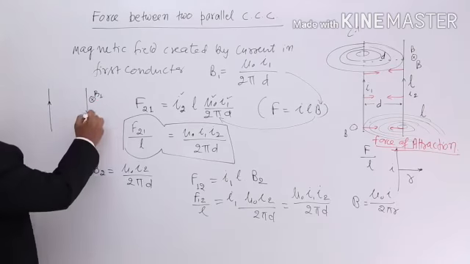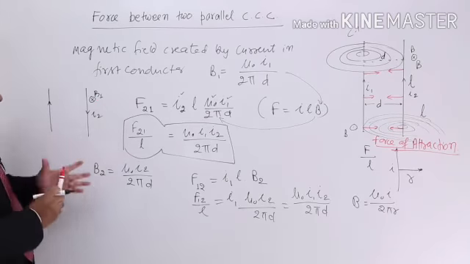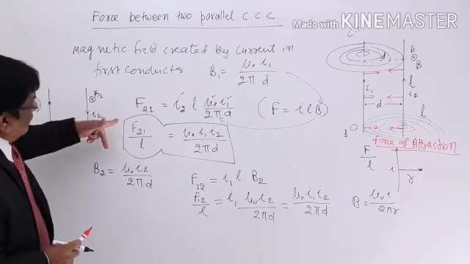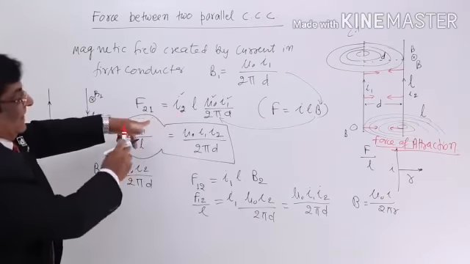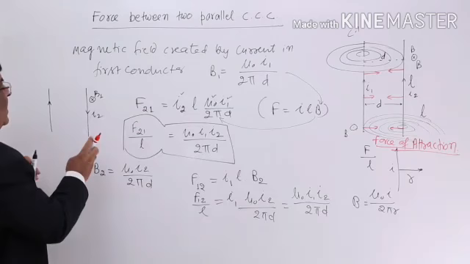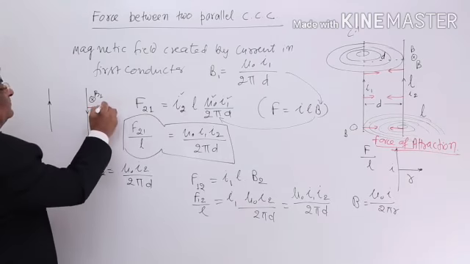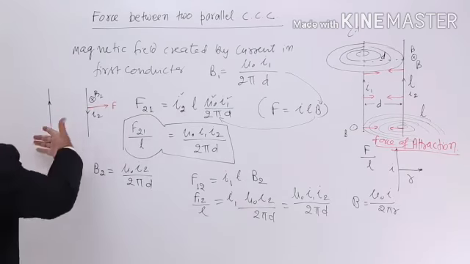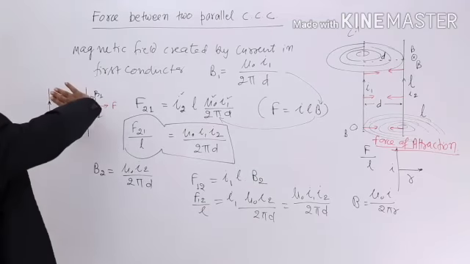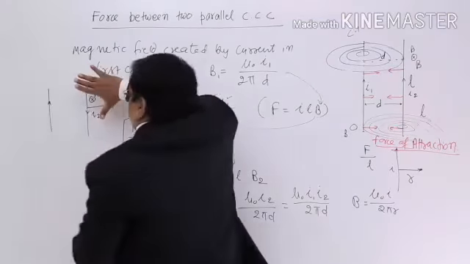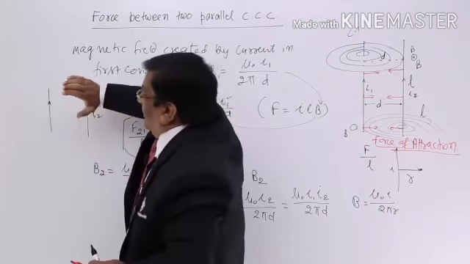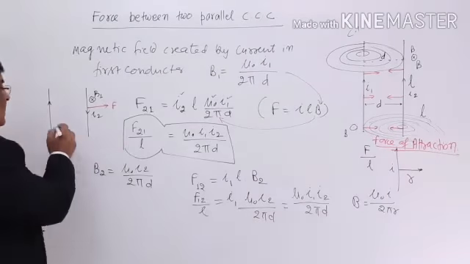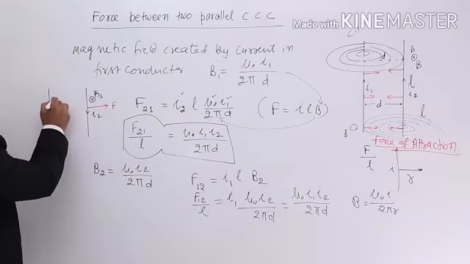And here is I2. And set the left hand for the force. Here B1 is inside, current is downward, and what is the direction of force? This way. So I mark it this way. Now this is making a magnetic field. I make it with the right hand. This is the direction of electric current. So here the magnetic field will be going inside. So I mark it here, the magnetic field going inside this.